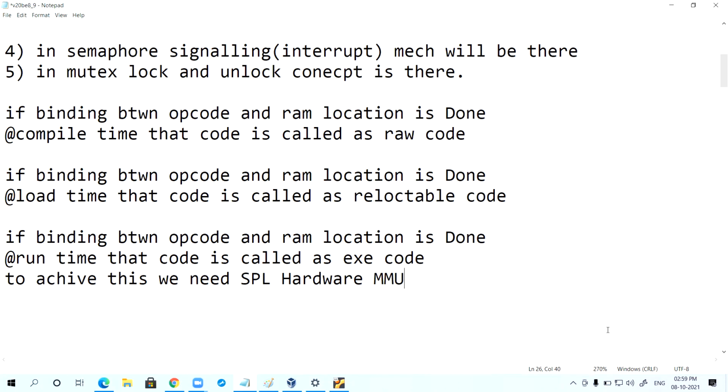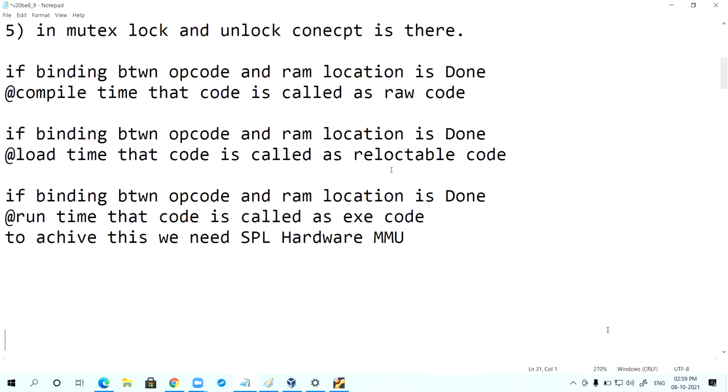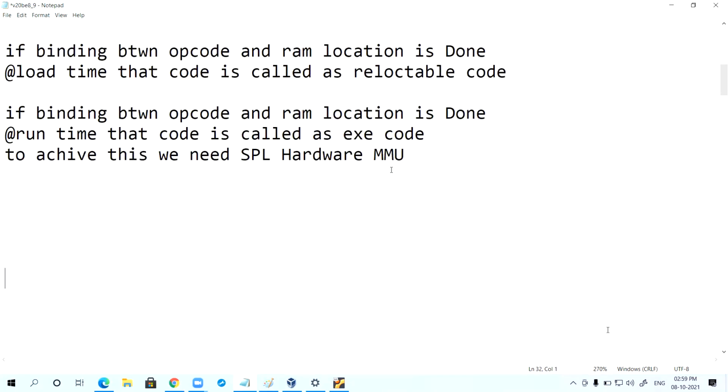Is that clear? In older versions of the OS, the memory manager followed a method called partitioning.